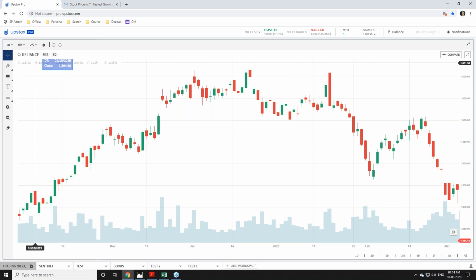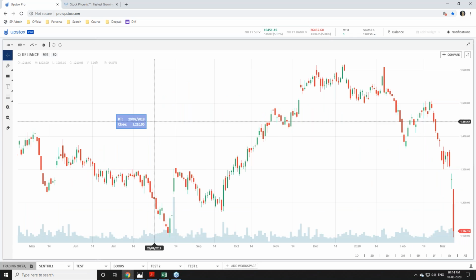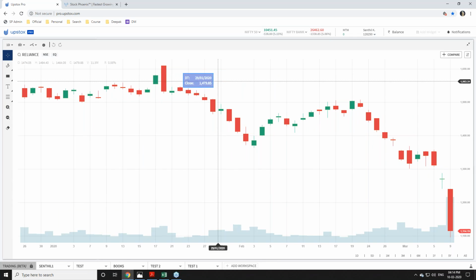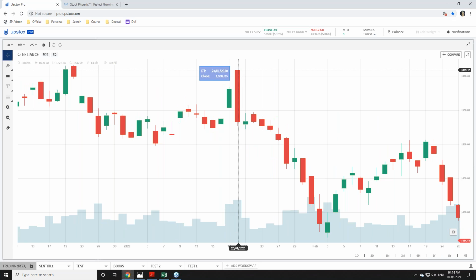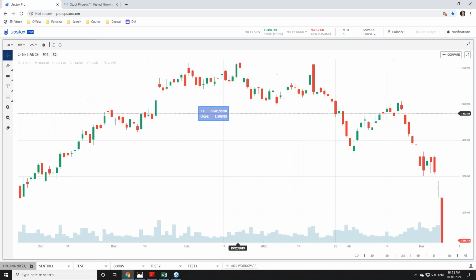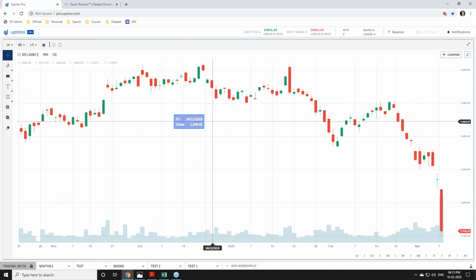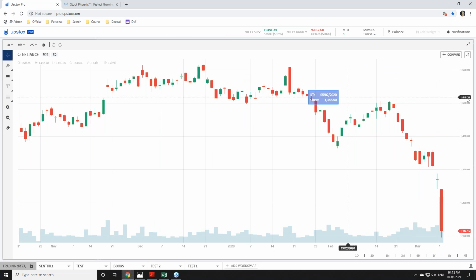For example, you can see here we have opened a share of Reliance, and the time frame which I have fixed here is 1 day. 1 day means you can see these bars or candles; every candle represents one daily time frame. So open a stock with 3 to 6 months of data in this complete screen.